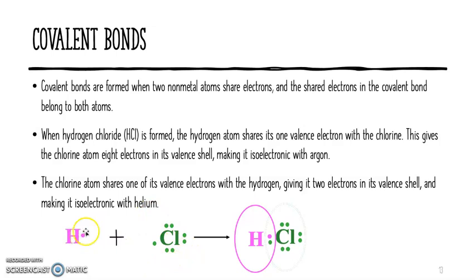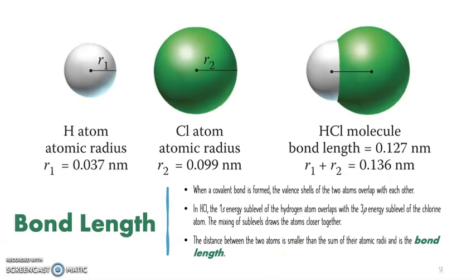The electron from hydrogen can be shared with chlorine, and now both of them are happy because hydrogen has 2. Its octet is complete. Remember, hydrogen is an exception: its octet is at 2 and not 8. For chlorine, now you can see that around it are 8 valence electrons, and therefore its octet is complete. And it forms a bond between hydrogen and chlorine, and this bond we call covalent bond when electrons are shared. Just like we talked about the atomic radius of the ionic bond, the bond length when electrons are shared between two atoms